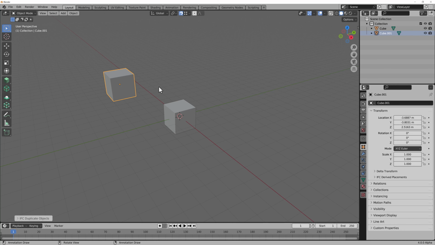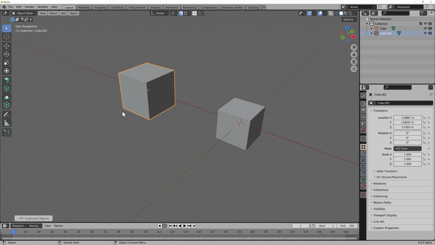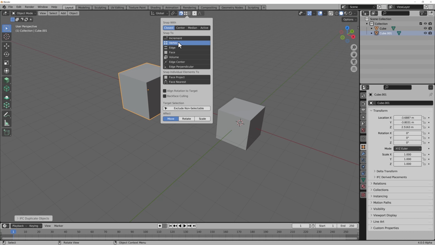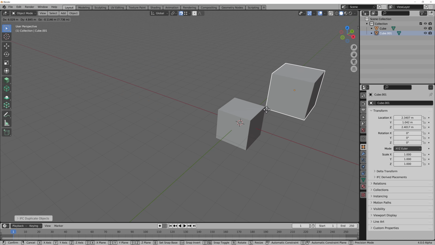If I create a copy of this cube and try to grab this corner of this cube, I turn on the snap. I'm using vertex as the element. And if I try to grab this corner and place it in this location, if I place my mouse here, press G and try to do that, you can see that the snap will try to guess what is the best location, and it can't find the way.